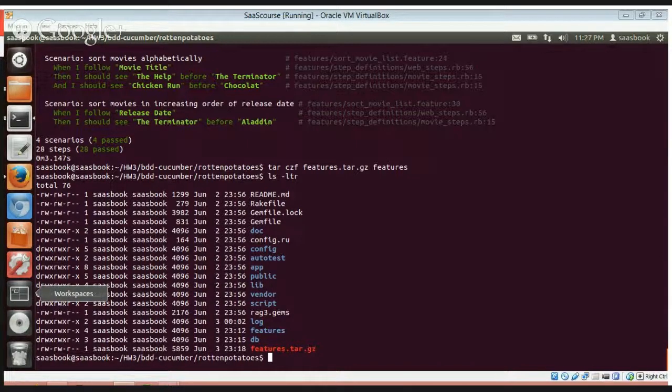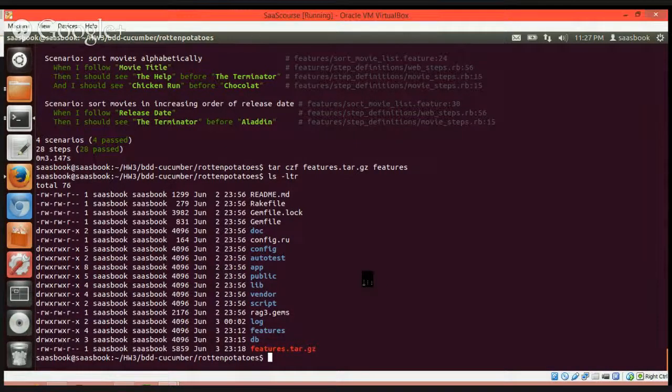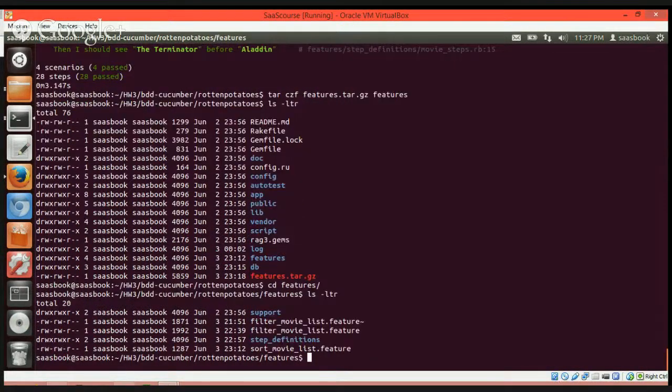In this assignment, the coding is to be done as part of the features directory. If you see here, we have 2 feature files, and the implementation for these feature files is part of the